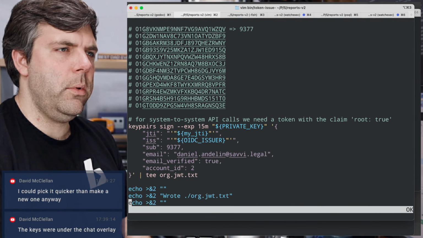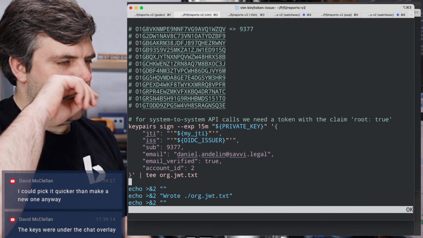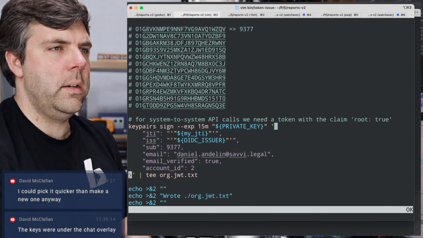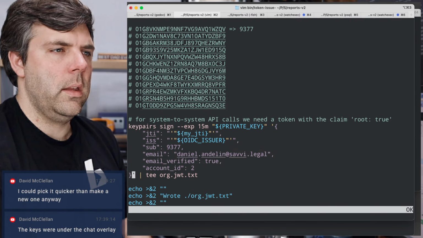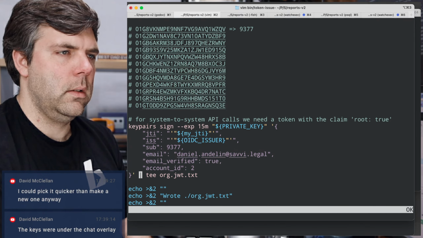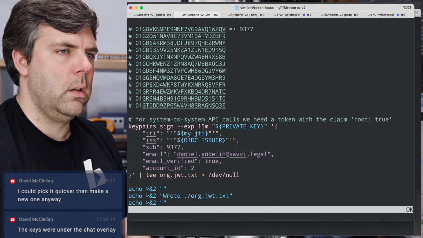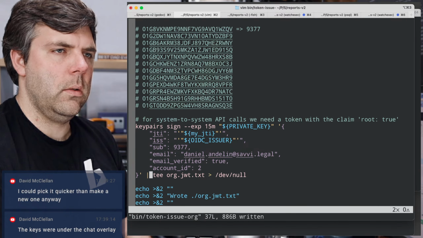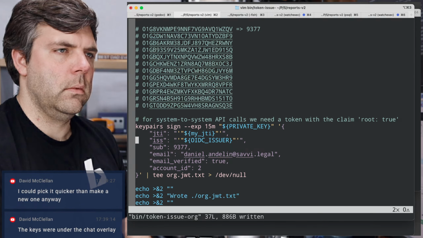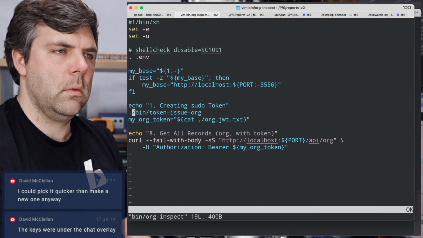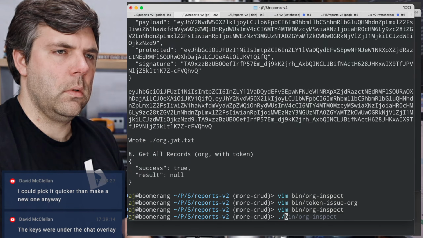Did I just have some debug output here that I forgot to... Oh, I did a T. Okay, that kind of makes sense. I think that's what I actually wanted to do. Success true, result null.